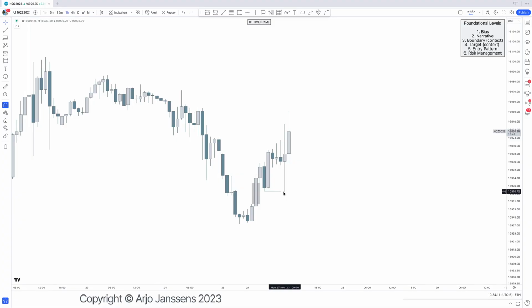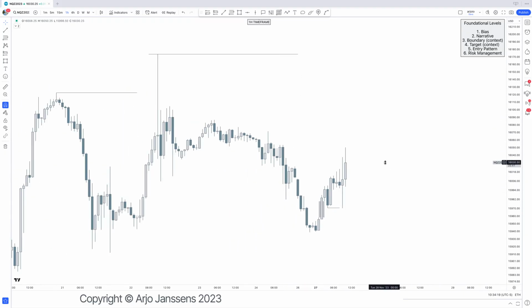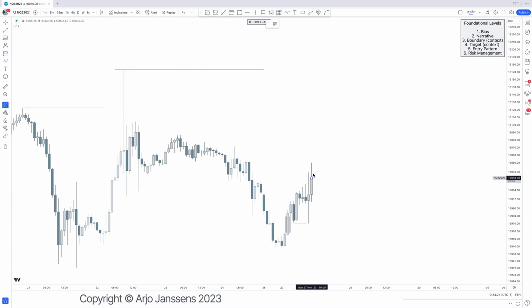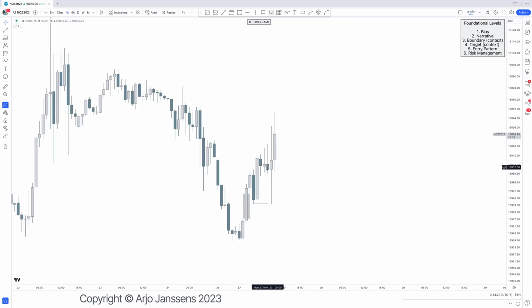Now it gets interesting, because now it's either one of two things. Either we are going to create a higher fair value gap on the 1 hour, which will likely be used to then target the new highs overall. Or what are we going to do as well? We are not going to create a new fair value gap higher off of this sweep right there,